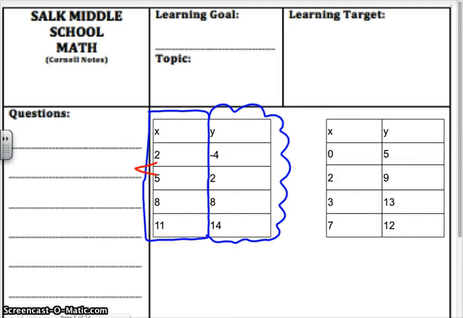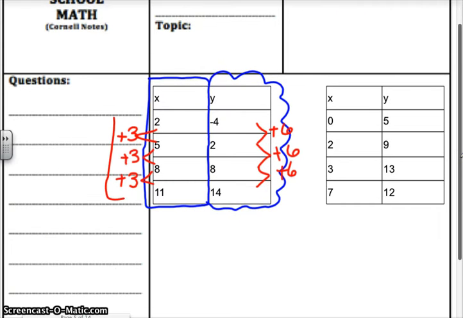Looks like to get from 2 to 5, I added 3. To get from 5 to 8, I added 3. From 8 to 11, I added 3. All right, so x is constant. Now I just have to confirm that y is constant. -4 to 2, it looks like I added 6. From 2 to 8, again I added 6. And from 8 to 14, I added 6. So since my x's are a constant change and my y's are a constant change, this would be linear